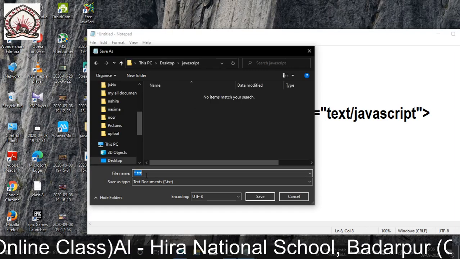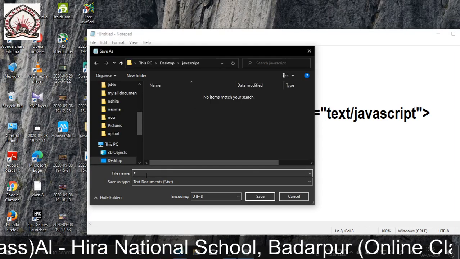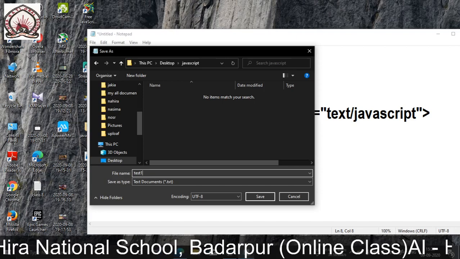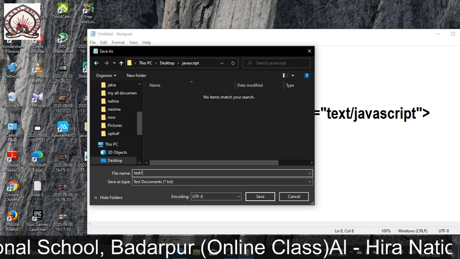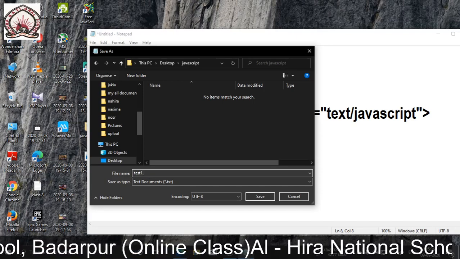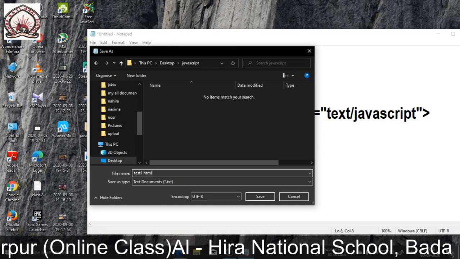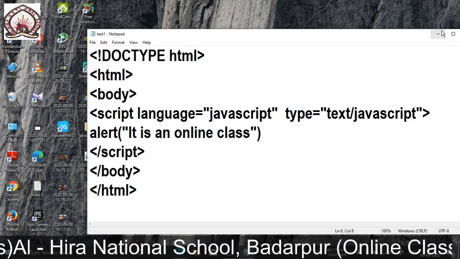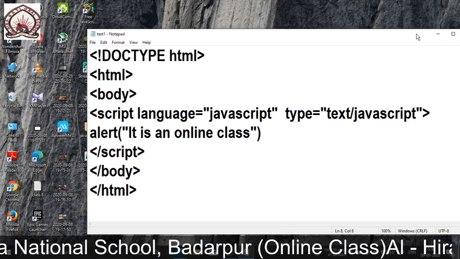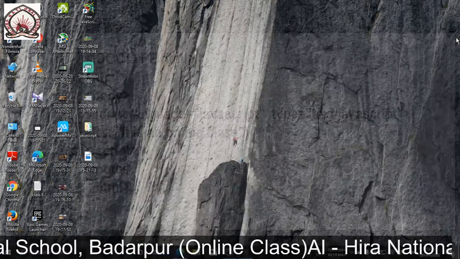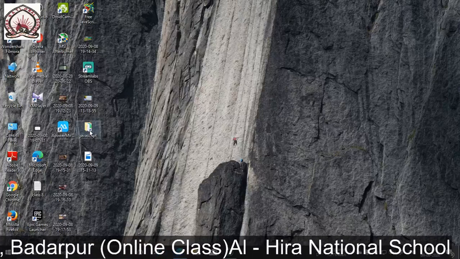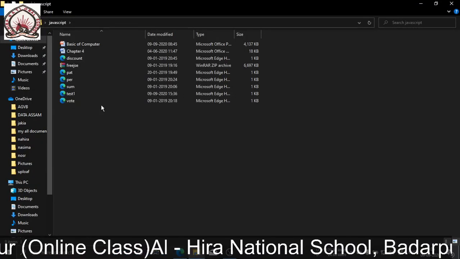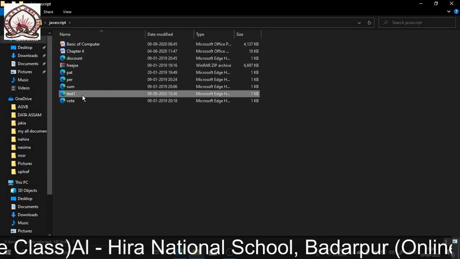Let me save it with the name test1, and the extension of JavaScript code will be .html. So I have saved it. Now let us see what output is displayed. So here I have already saved, so we can see test1.